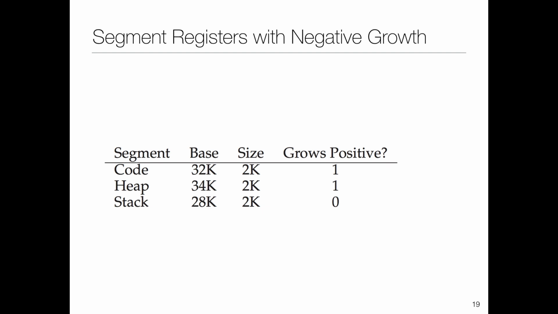Thus far we've been seeing that we require the base, the start address, for each segment, and we require a size or a bounds. But if you want to make it more generalized, or ensure that we can also include the stack, which goes in the other direction, we store another bit, grows positive. So now there's an additional register required, or you can store it in any other bit in any of the other registers.